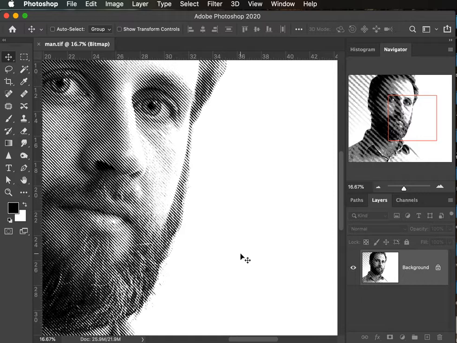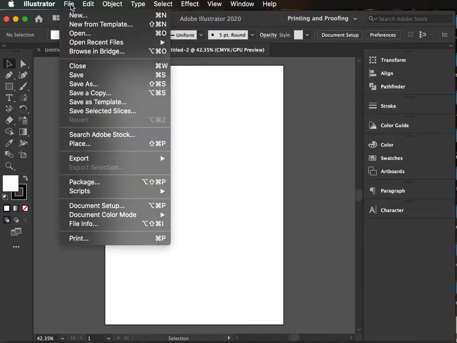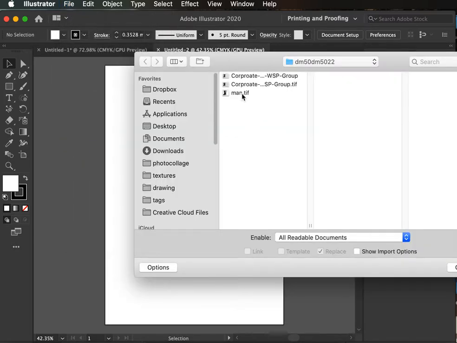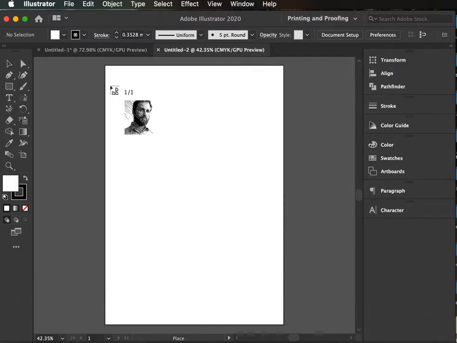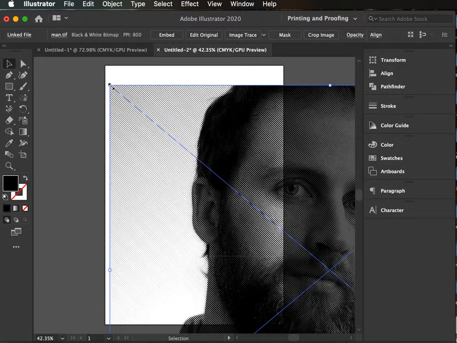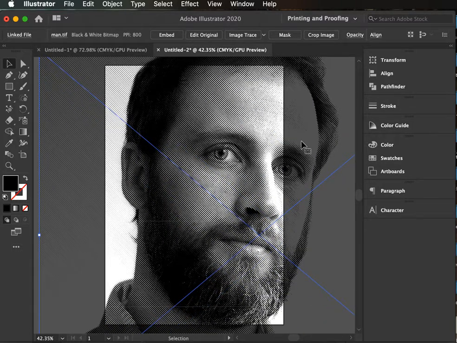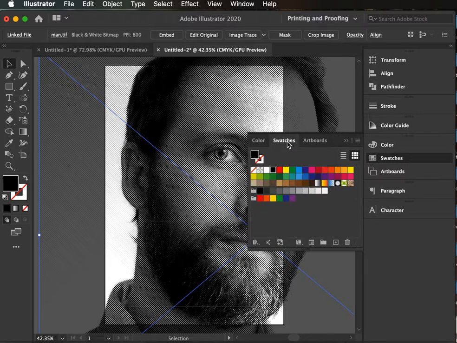The reason I'm showing you this is one of the qualities of a bitmap that might be useful for other work you're doing in other classes. If I jump to Illustrator, I come to this page and I place this image in here. Because it's a bitmap, I can go to the color. It's one of the few images, if not the only one, where you can go to the color